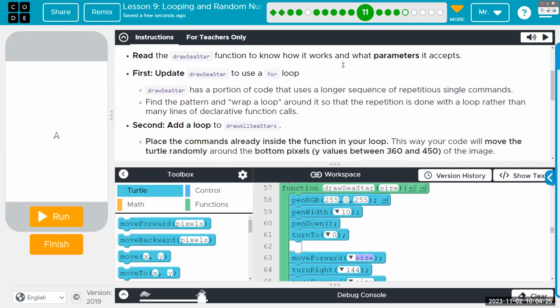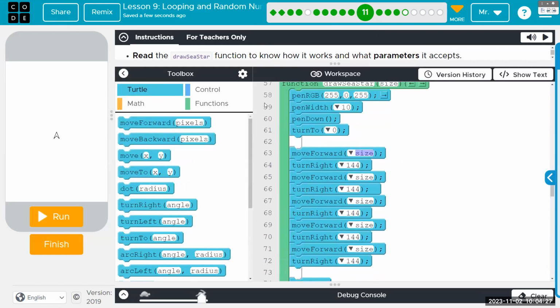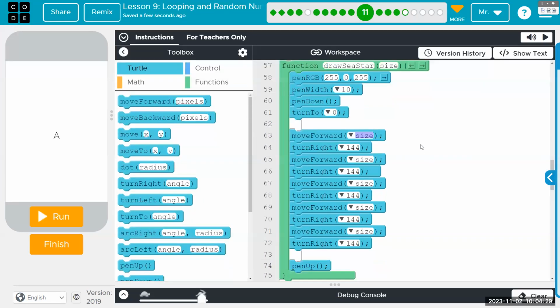Inside of the low level function, the draw C star function, we have the same thing repeated. All of the lines of the C star are move forward the same amount, whatever number we send it, and turn right 144 degrees, which will make our star.